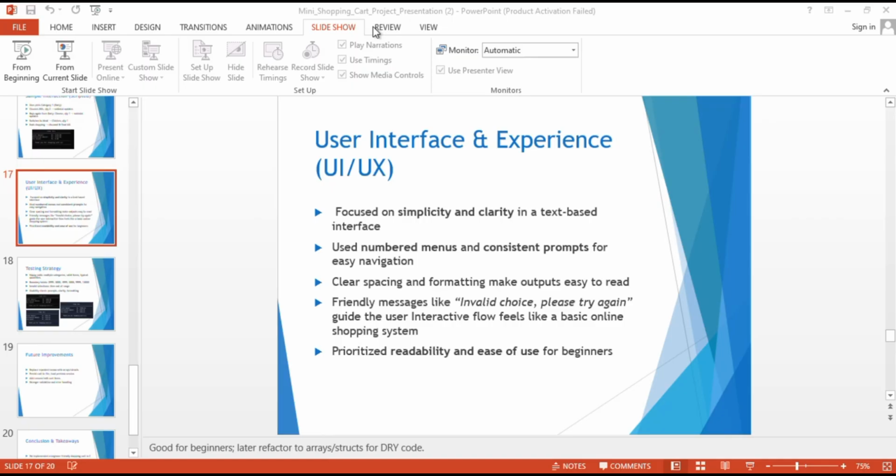Each category opens with a clean list of items and prices so there's no confusion. We also made sure messages like "invalid choice, please try again" appear instantly, keeping the interaction friendly. This kind of small attention to layout and readability makes a big difference in usability, even in text-based programs. So overall, our user interface is beginner-friendly, clear, and responsive.